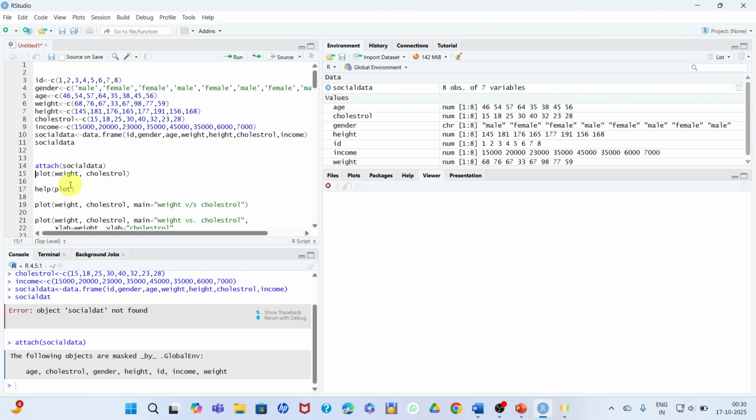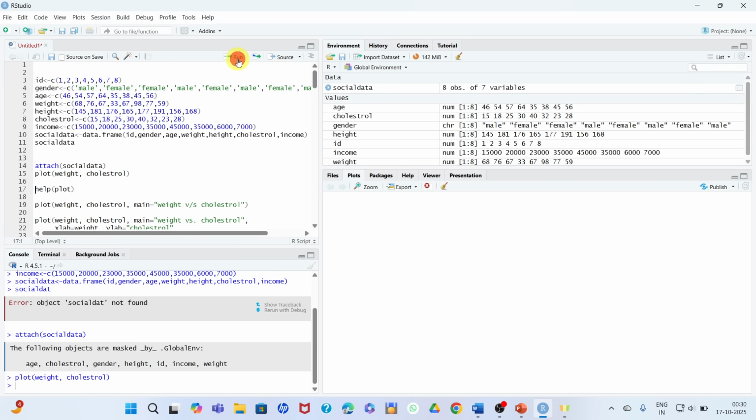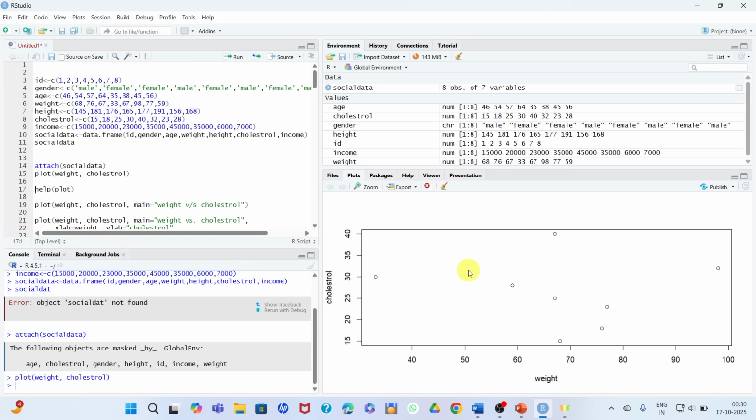So the first command is plot. Plot weight and cholesterol. We have taken two variables, weight and cholesterol. Let's run the command. Here you can see that a plot is generated.